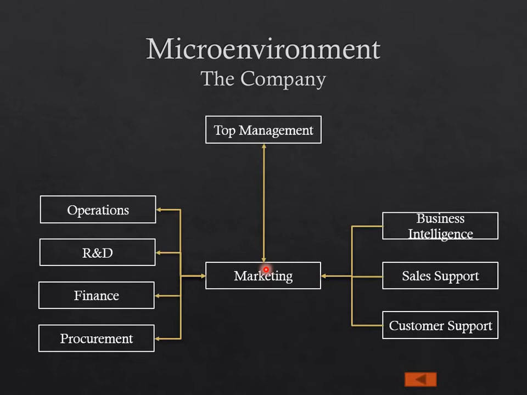So the company in itself has multiple departments which, along with the top management, the vision of the top management, can lead to a certain direction. Now, having said that, the individuals working in each of these departments are the members of the organization. So the company in itself, and the members working in the company, are all the actors which may lead to